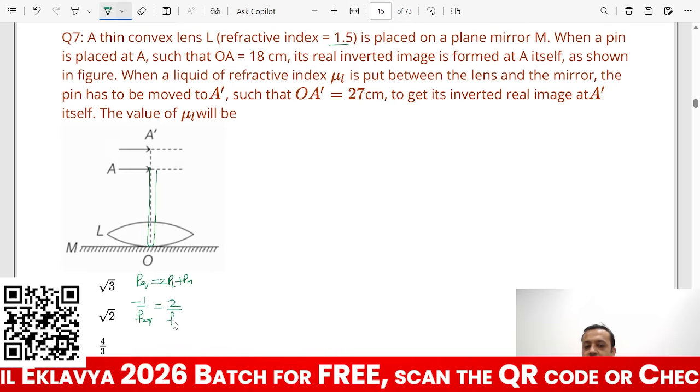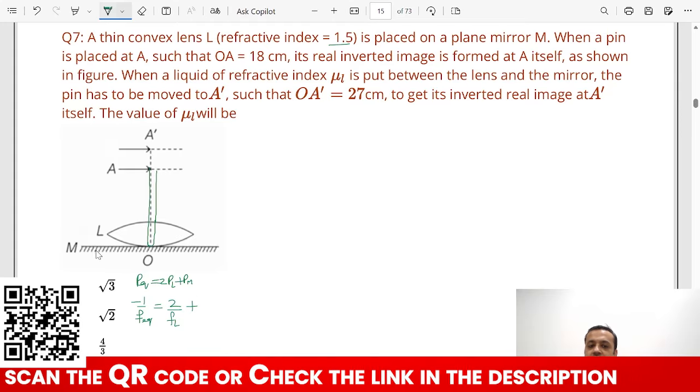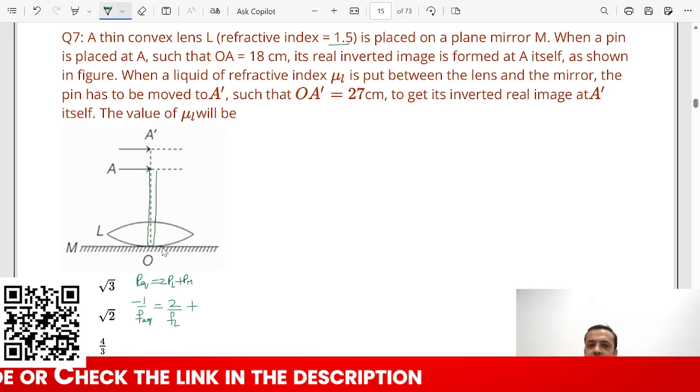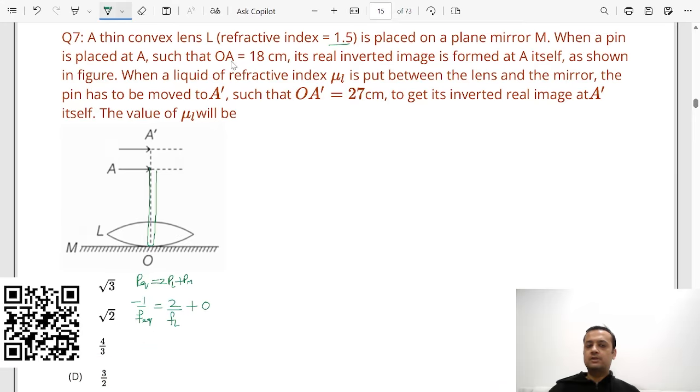Okay, so that can be written as 1 upon focal length of the lens plus power of mirror. Since the mirror here is the plane mirror, its power is 0. Okay, so power of the plane mirror is 0, so that I'm writing as 0 here. Now see, overall, if you look, the object, if it is kept at 18 centimeter, the image is formed on